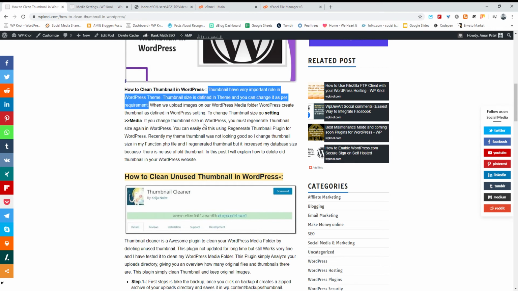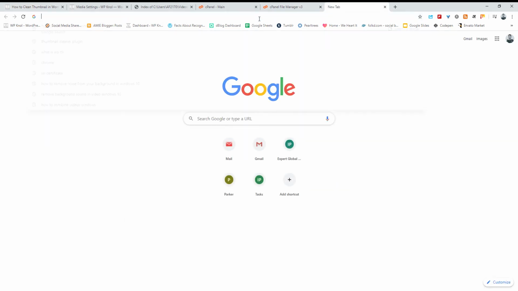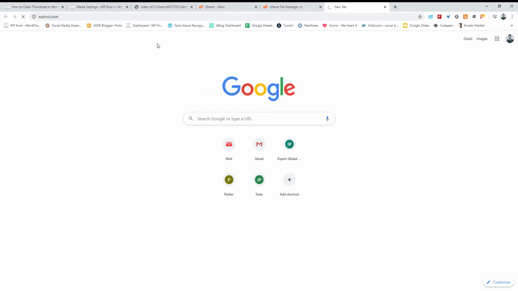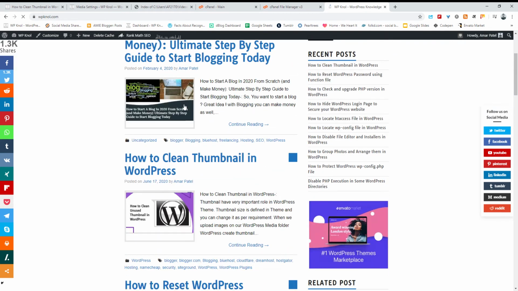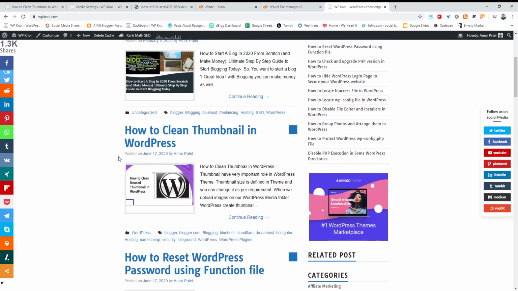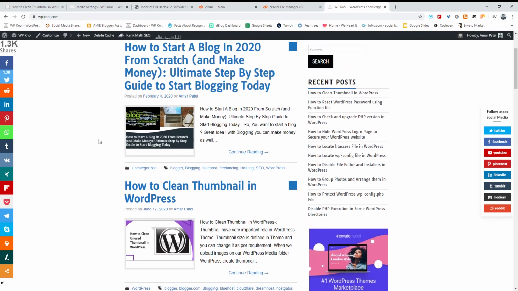So basically when a theme developer develops a theme, at that time the theme developer defines certain sizes as per the theme design. For example, if you see my blog, here is a thumbnail size. This is a thumbnail size which is as per the design of the theme. In some themes, this feature image size may be bigger. So basically WordPress provides full control over your thumbnails.